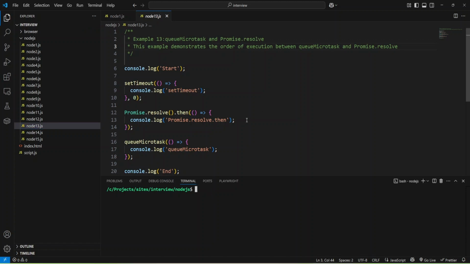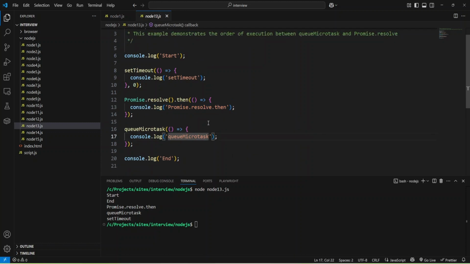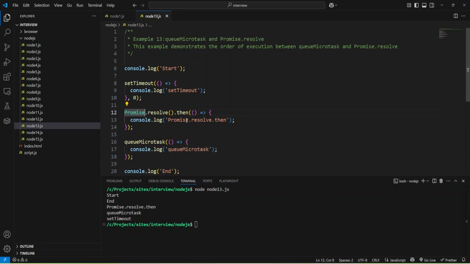And let me run this script, and as you can see, we have start and from call stack, and then we have promise resolve then, and after that queue microtask, and that's because we have microtask queue, and this promise was added first, and only then we added these microtasks, and after that set timeout was executed.